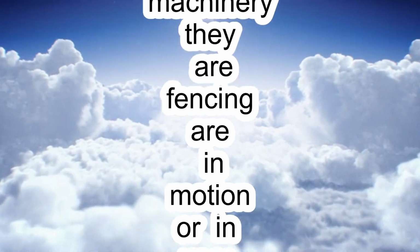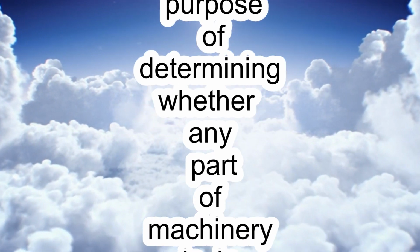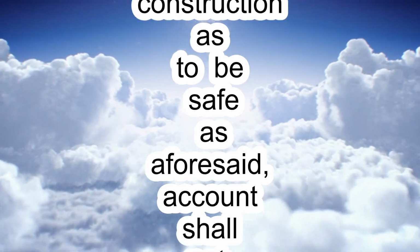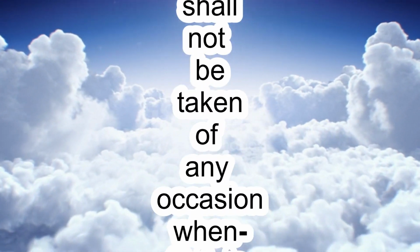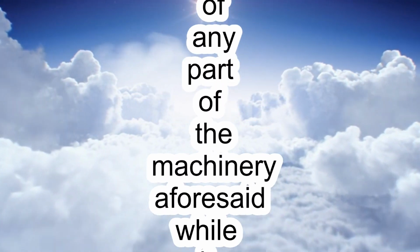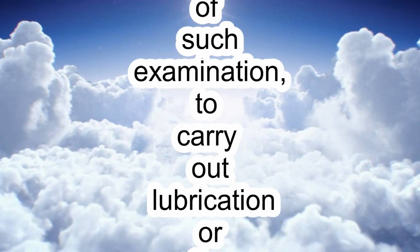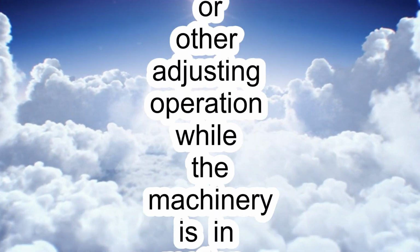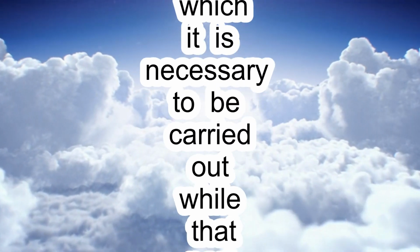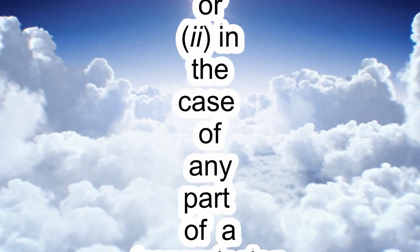which shall be constantly maintained and kept in position while the parts of machinery they are fencing are in motion or in use. Provided that for the purpose of determining whether any part of machinery is in such position or is of such construction as to be safe as aforesaid, account shall not be taken of any occasion when it is necessary to make an examination of any part of the machinery aforesaid while it is in motion, or, as a result of such examination, to carry out lubrication or other adjusting operation while the machinery is in motion, being an examination or operation which it is necessary to be carried out while that part of the machinery is in motion,